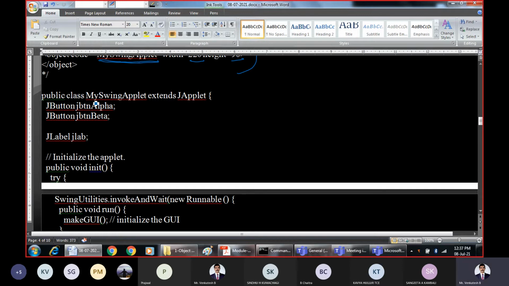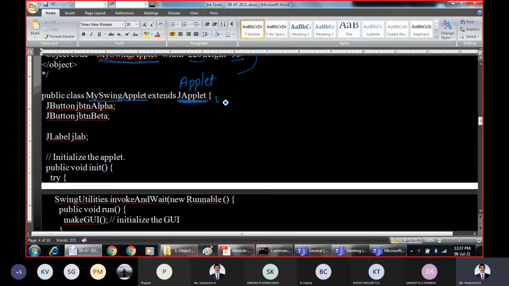This is where we are creating a class called mySwingApplet, which is inheriting the properties from JApplet. For the AWT based applet, what was being extended was Applet. But as we are developing Swing based applets, they must extend the JApplet. That is the difference.